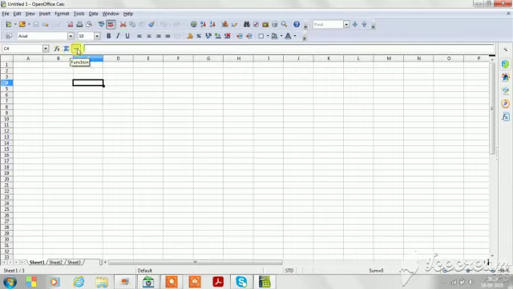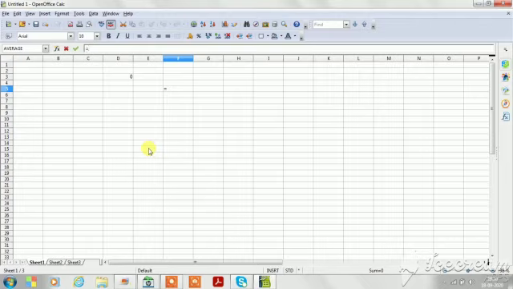Functions. Clicking on the function icon inserts an equal sign into the selected cell like this. When I click on this equal sign, it displays an equal sign in the cell.